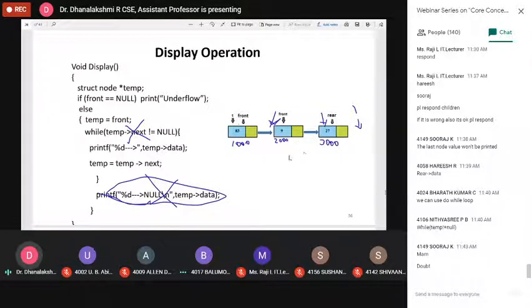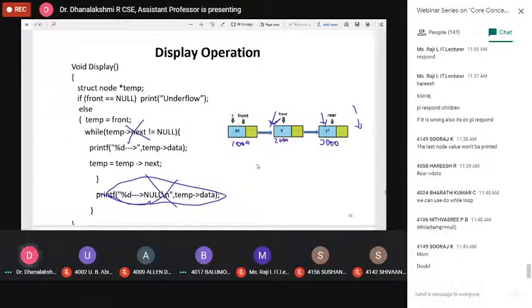Then is empty and is full. If you want, you can use that routine separately. If rear is equal to null, and front is equal to null, then printf our queue is empty. Like that we can check in the is empty function. I already told you the is full function depends on the heap section memory. If you are using malloc, it automatically selects the memory from the heap section, so we can't use that is full function for data.